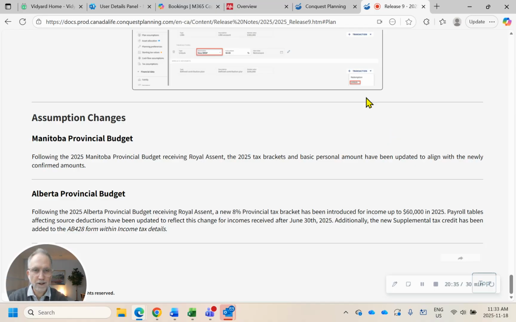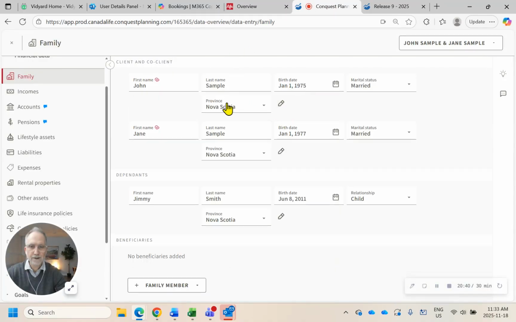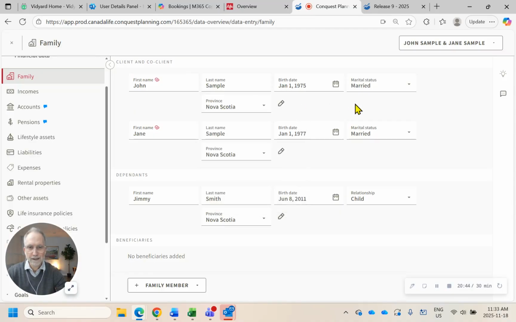So depending on your client's location, Conquest will track that. In my example, my clients are in Nova Scotia. But if I change it to Manitoba or the applicable province, it will follow the provincial rules. So Conquest is always up to date. It's an amazing feature. They do an outstanding job of keeping up to date from tax rules, changes, legislation updates. They're right on top of things. So it's really reassuring as an advisor, knowing that I'm going to be well supported from that point of view